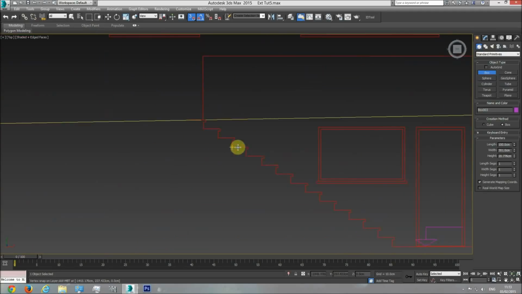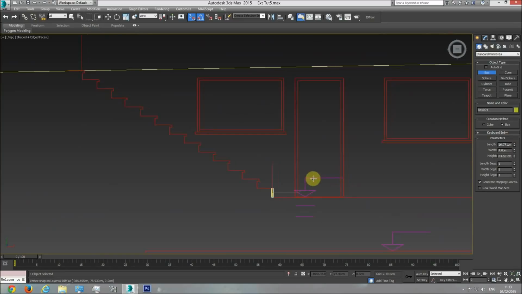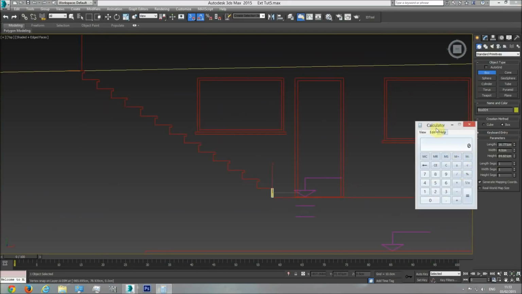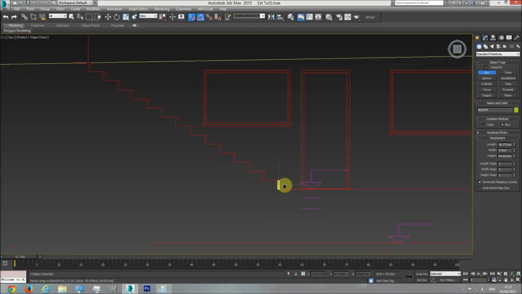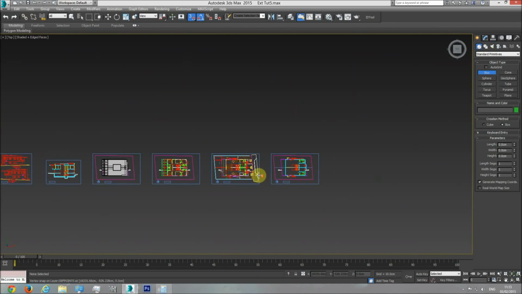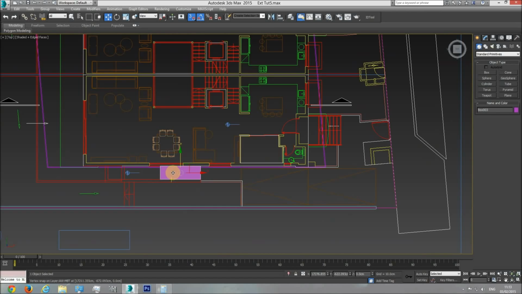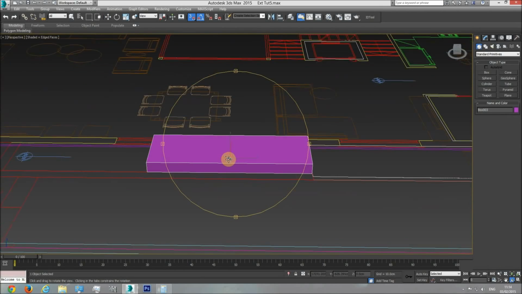Oh, here they are. Now I'm going to create a helper box to see how high each step is. So each step is 16.771. Okay, let's write this down in the calculator so we will remember it. 16.771. And I'm going to delete this box, go to the top viewport, go back to our stairs. Alright, and now what I'm going to do,